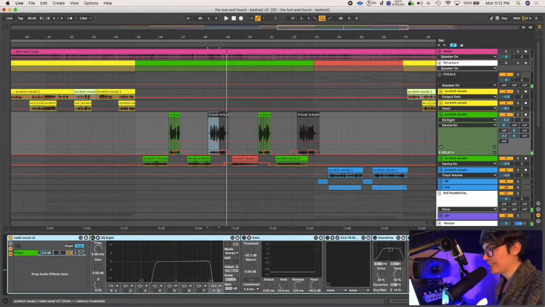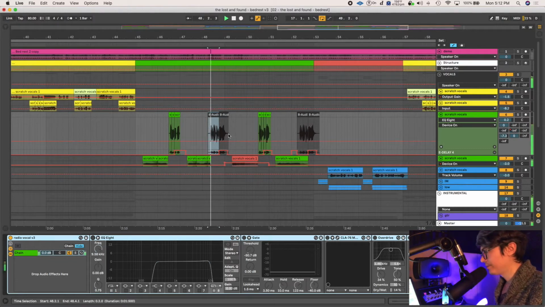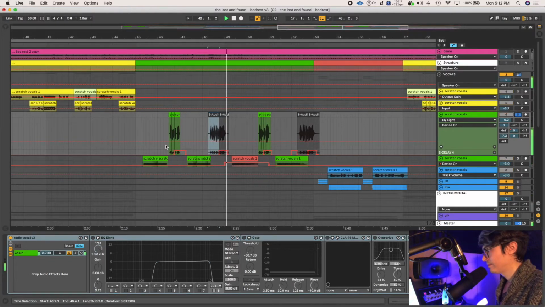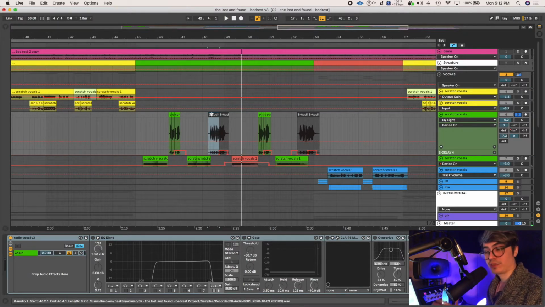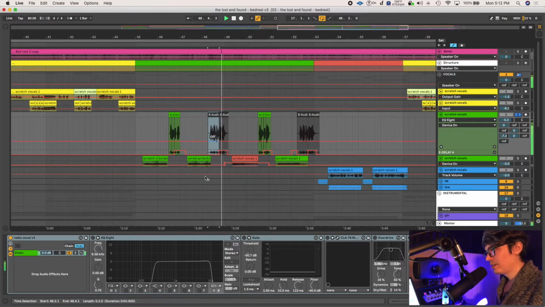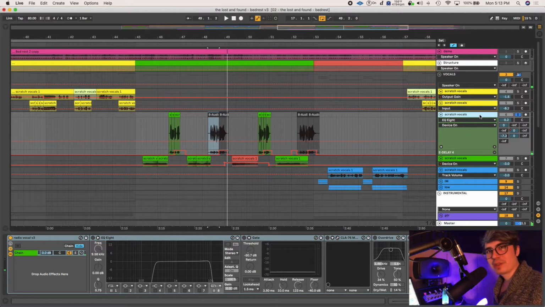All right, so let me take that last EQ off. Some of those frequencies, this was just a scratch vocal, but we didn't have to redo it, even though it sounded a bit weird. There's some weird low frequency, low mids that I don't like about that, but that doesn't matter. We're going to be putting a radio effect on it.